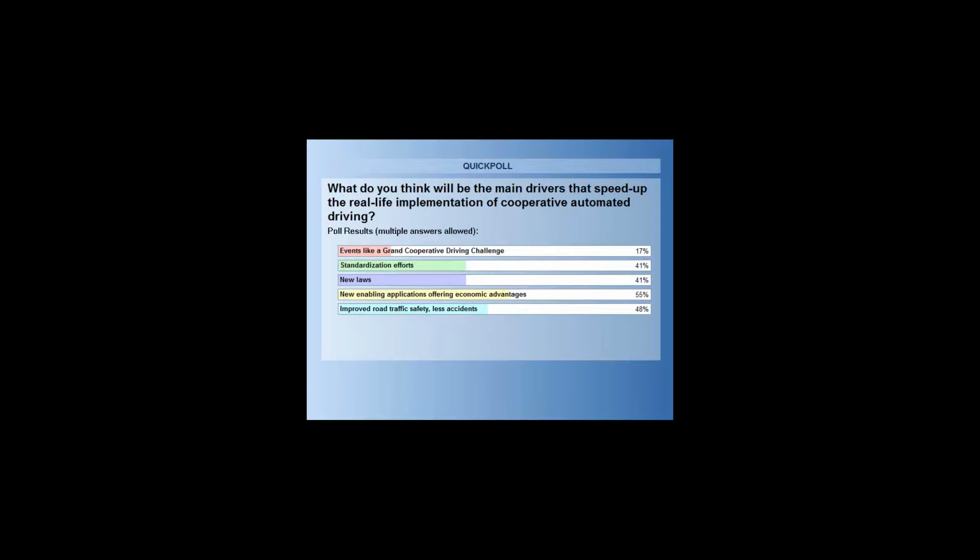17% think that events like the GCDC may contribute to the speed up of the real-life implementations. Others, 41, always in the 40 to 50 range, are standardization efforts and new laws. 55% chose new enabling applications offering economic advantage.